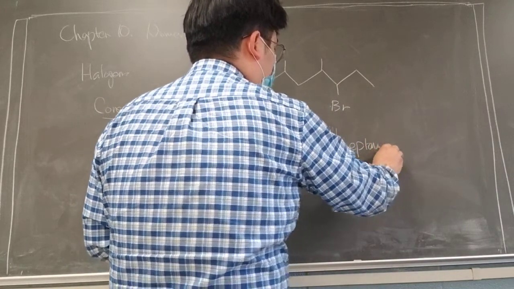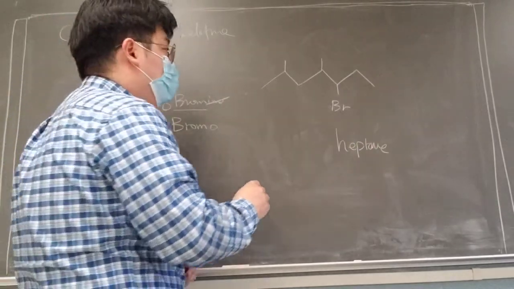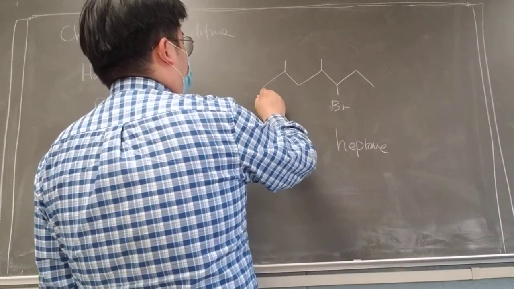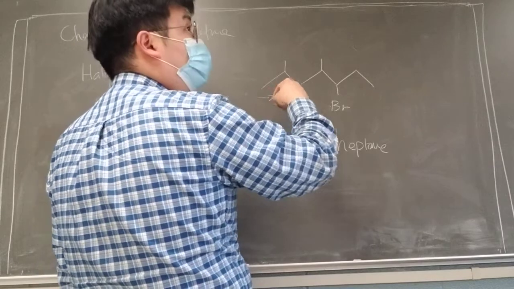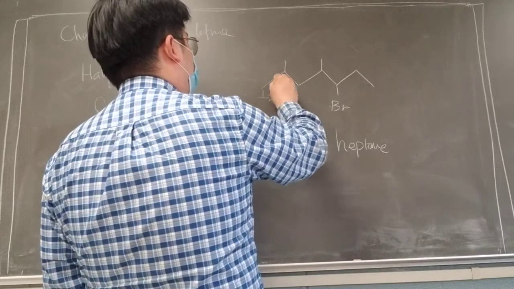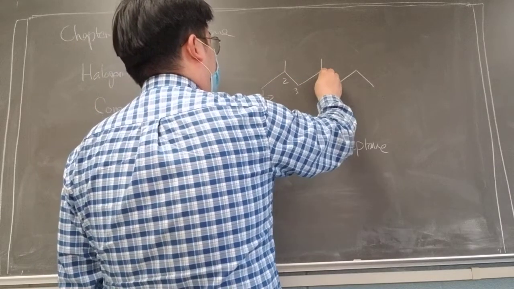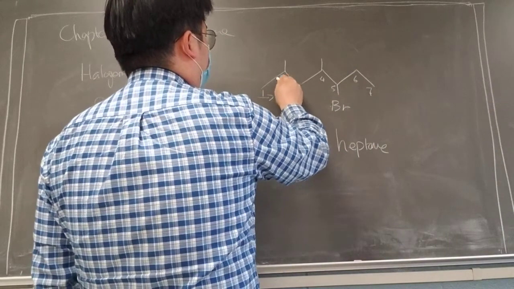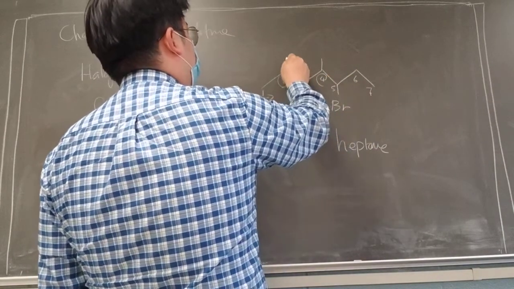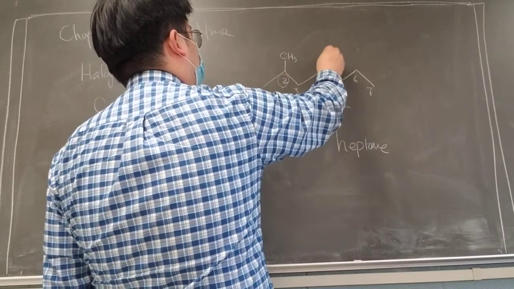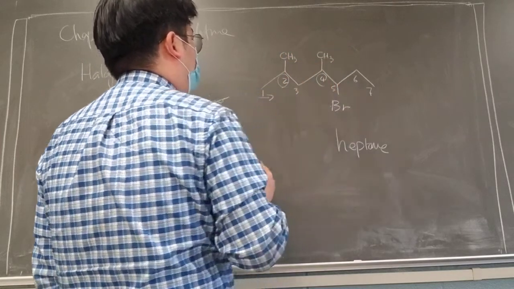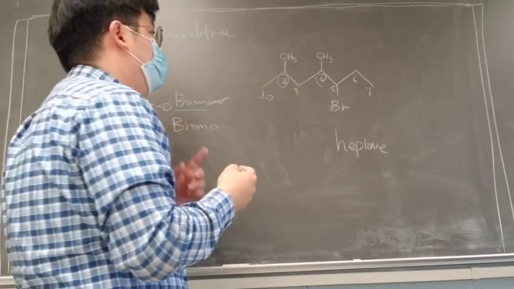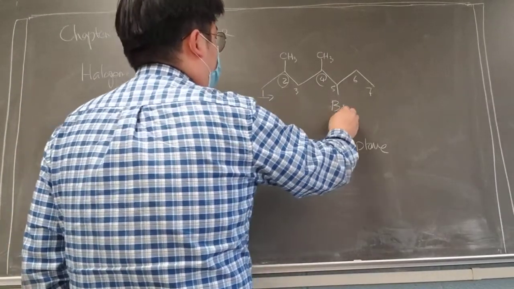Then you count from here, and the lowest possible combination is 1, 2, 3, 4, 5, 6, 7, so you have 2 and 4. This is where you find the methyl groups. I didn't write it, but by now you probably see the methyl groups there, and also a bromo